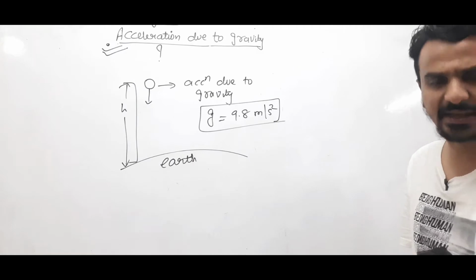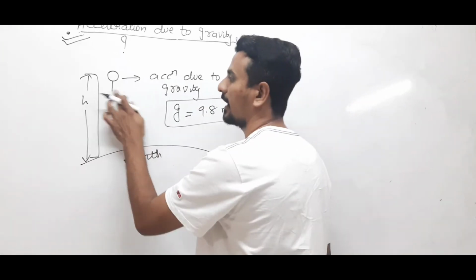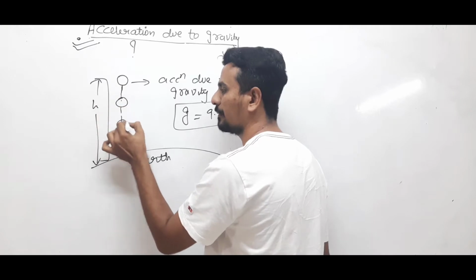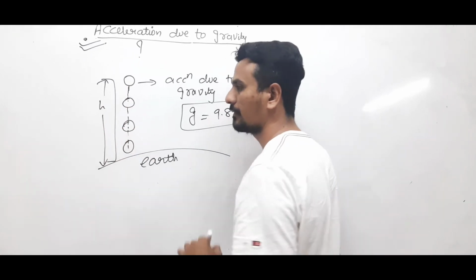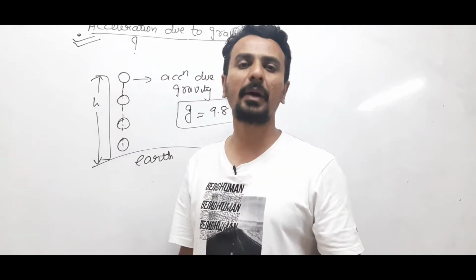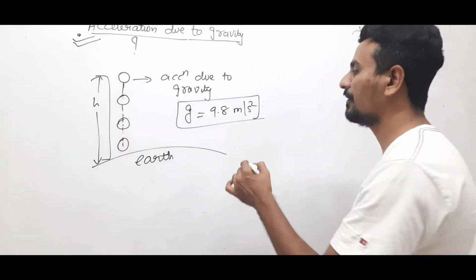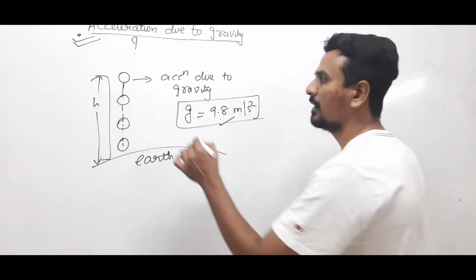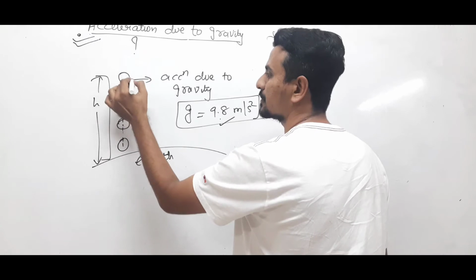That means we can say every second the velocity of this object increases by 9.8. Velocity of this object will increase by 9.8. So acceleration will remain constant, which will be 9.8. That means suppose here at t equals to 0,